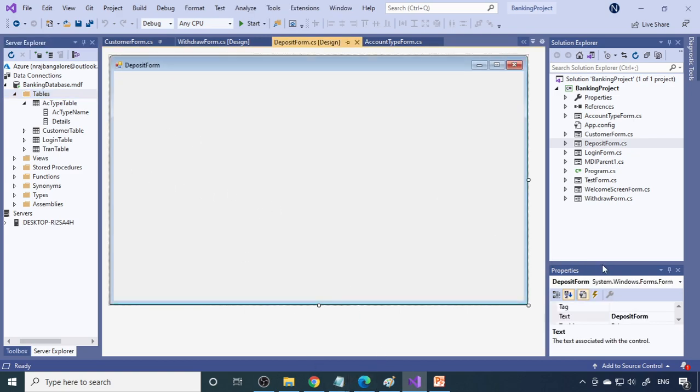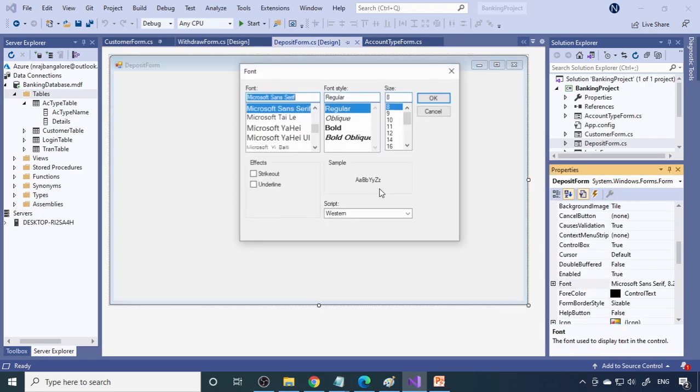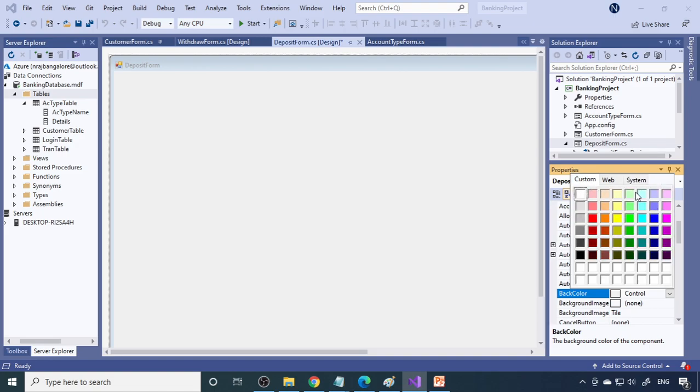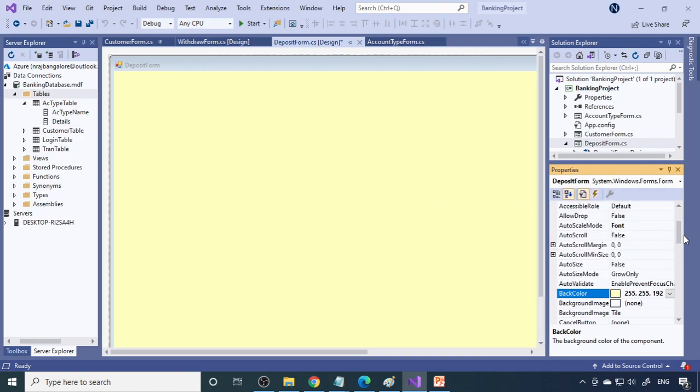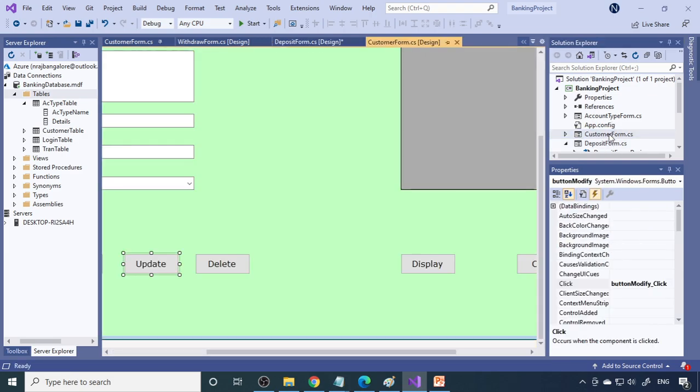Now we know what all the columns are. So we go back again, first to change the font here. You can select the size you want. Then there is a background color, so choose the background color. Let it be yellow color, right? Now transaction number, transaction date, account number, amount, details, remarks.